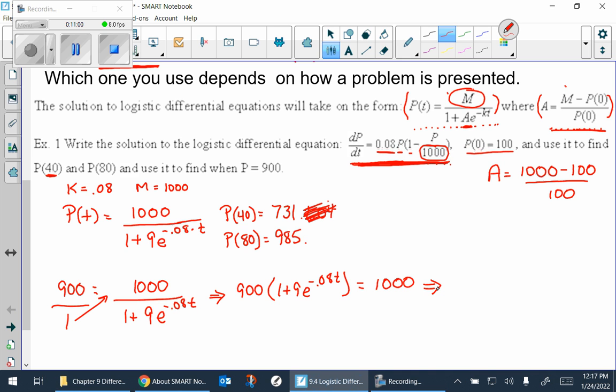If I divide by 900, I think 1,000 divided by 900 is 1.1 repeating. And I think if I subtract 1 from each side,